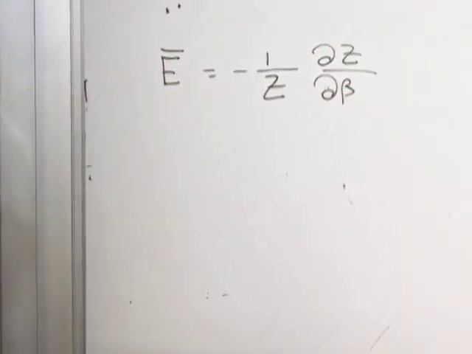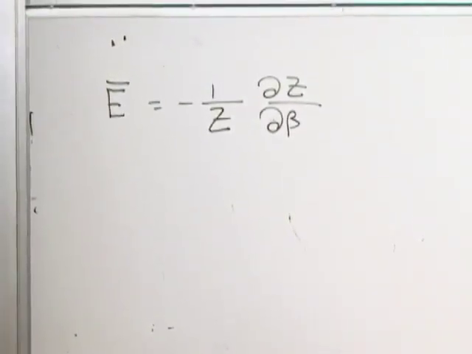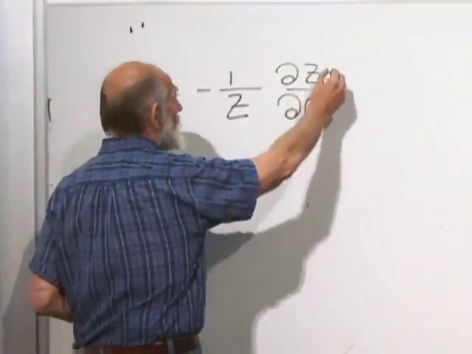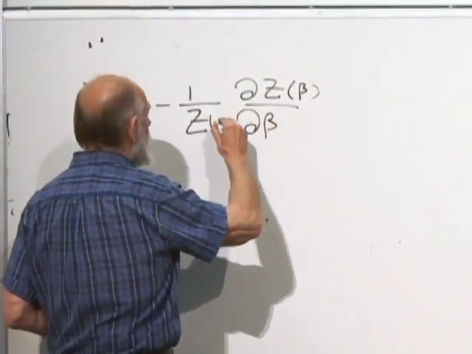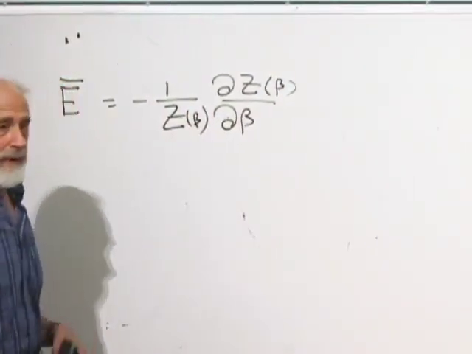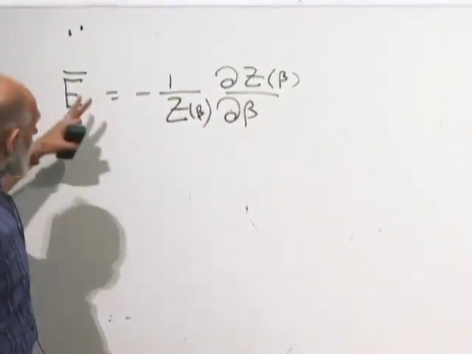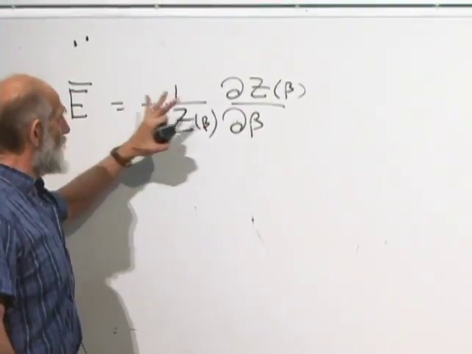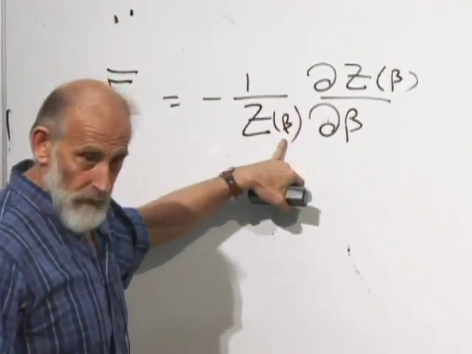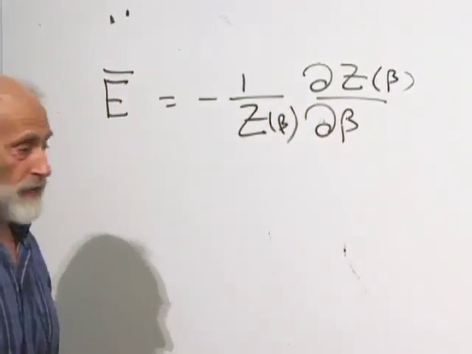Beta, remember, is the inverse temperature. So again, if you know the partition function as a function of beta, then, here it is, z of beta, all you have to do is construct 1 over z times the derivative of z with respect to beta. At that temperature, that will give you the average energy. This gives you a relationship between average energy, or just energy, let's call it, and the temperature. The right-hand side is a function of temperature. The left-hand side is the average energy.